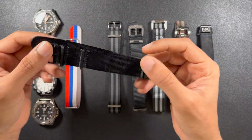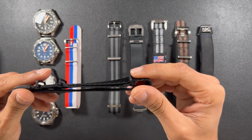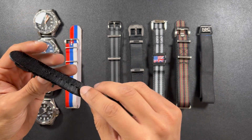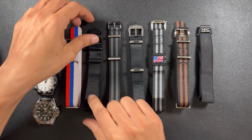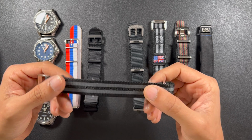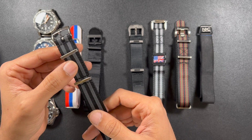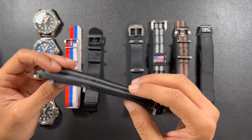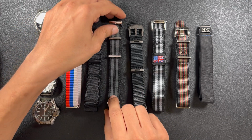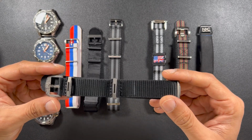The Crown and Buckle strap. This is the Supreme NATO strap and it is a modified NATO strap. They made some modifications on the original NATO strap and I will take you through them later on. The Omega NATO strap. This is a very luxurious NATO strap. Seatbelt material, absolutely ridiculously comfortable to wear. It has some flaws, but we will discuss this later. TAD Quantum strap. Expensive as